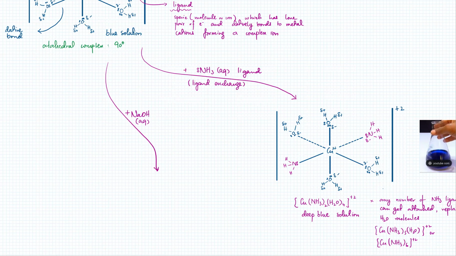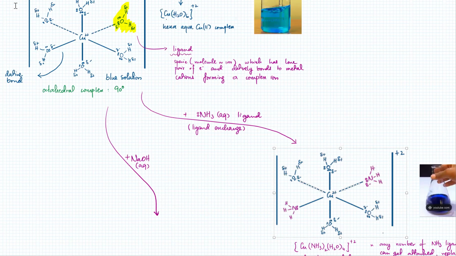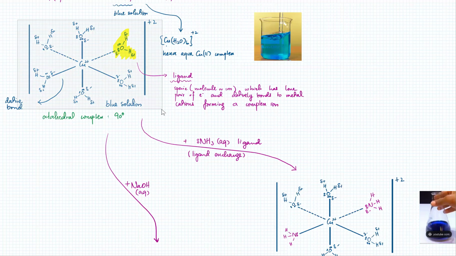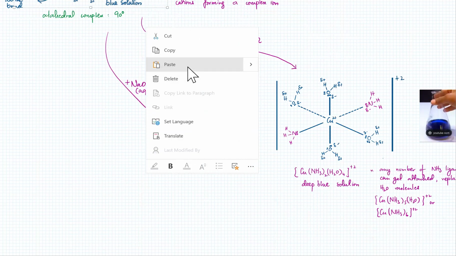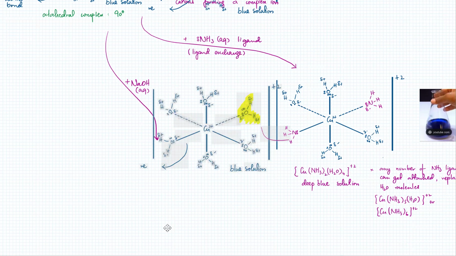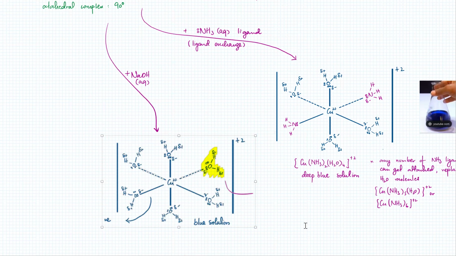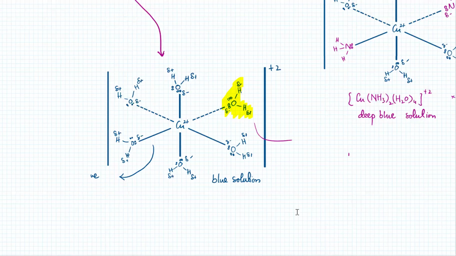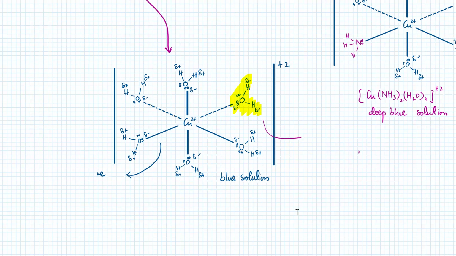When you add NaOH aqueous to it, pretty much the same thing happens, but the idea is you can add NaOH to any one of them. I'm going to pick the water-based one, because our starting point is copper sulfate aqueous. Now, what ligand is present in NaOH aqueous? That's OH minus one. So now your water molecules are going to get knocked out